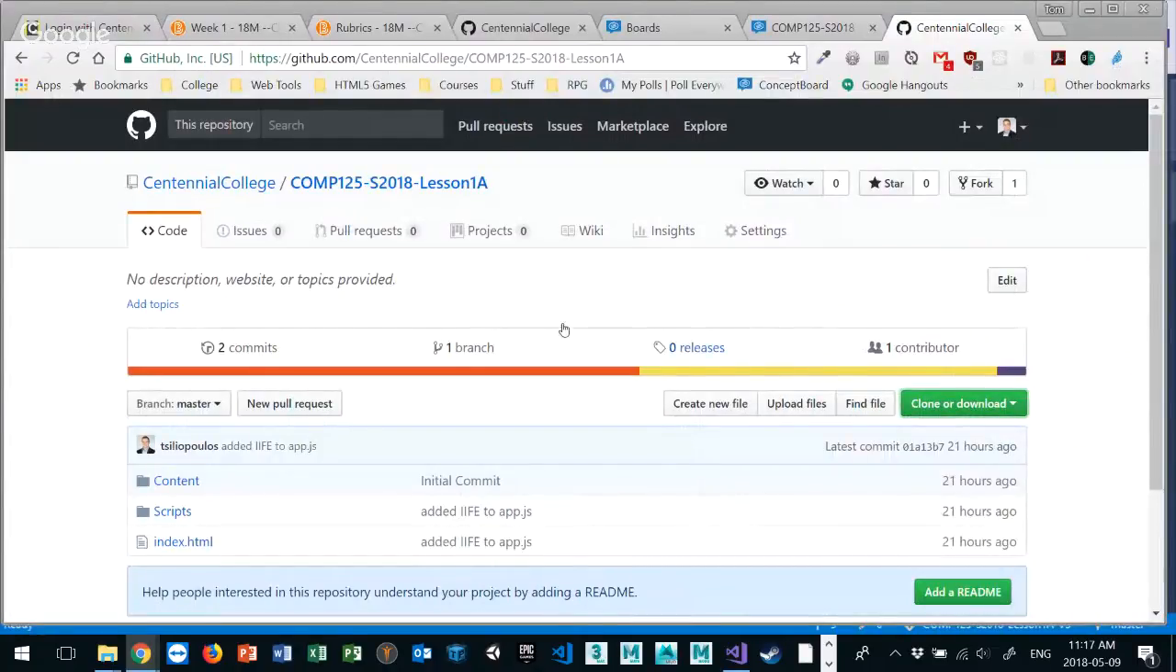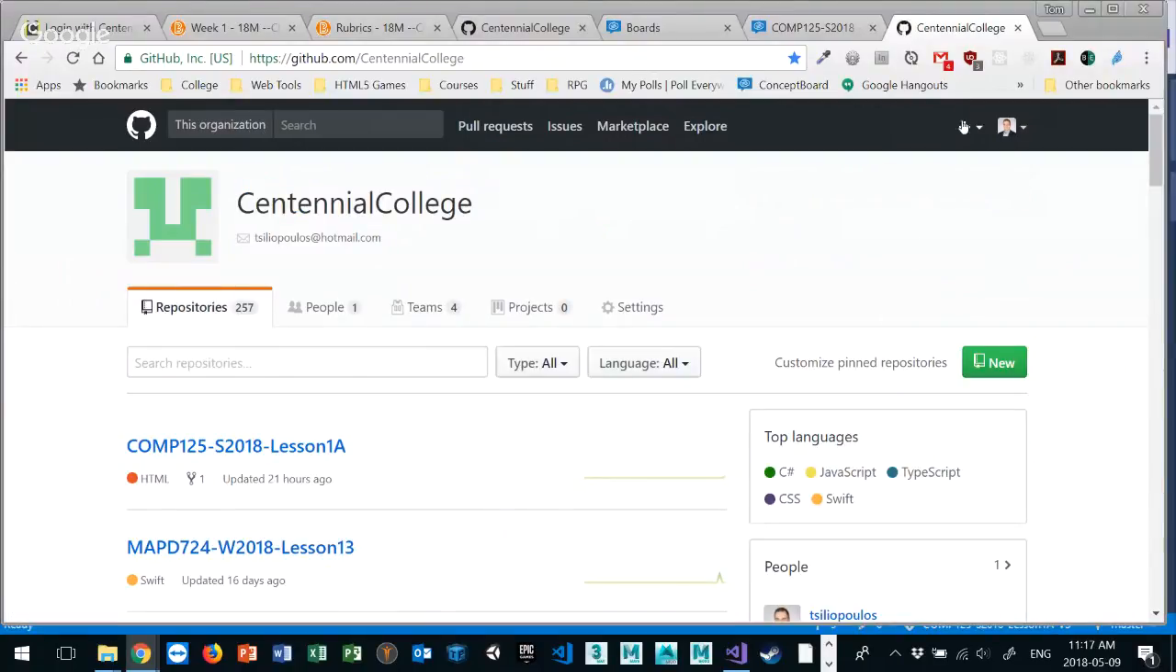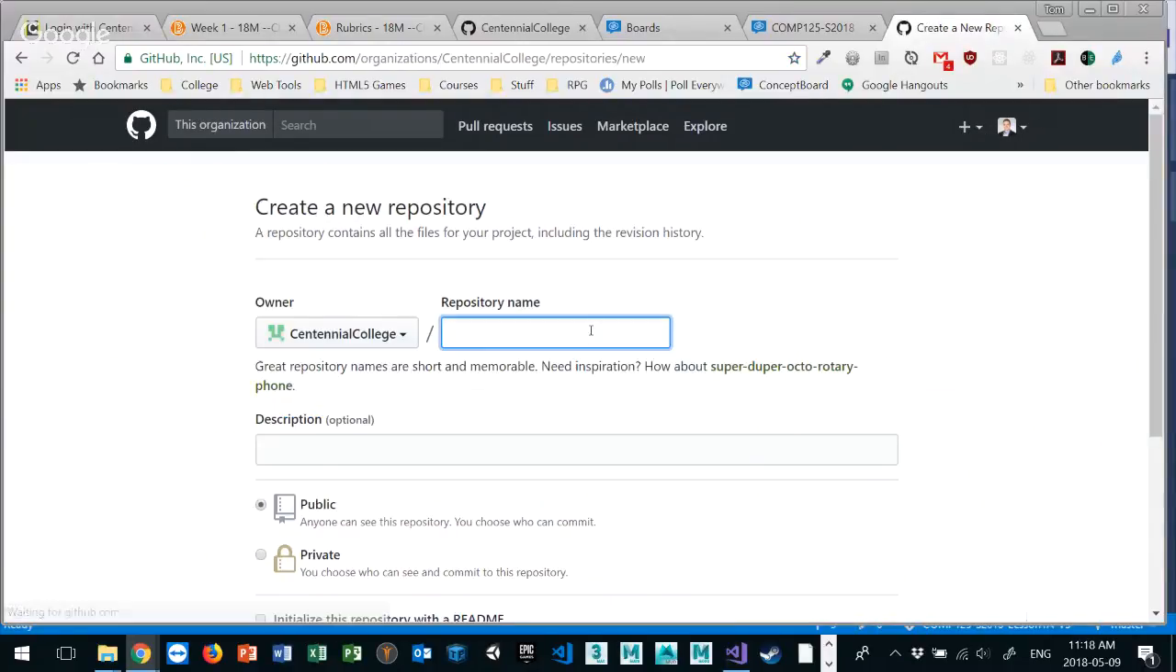Remember, we did this yesterday. Creating a repository is like this. I go to my account. There's two options, the plus here and the New here, right? If I click the plus or the New, it's going to give me an option to create a repository, which I'm going to do. So it's COMP125,